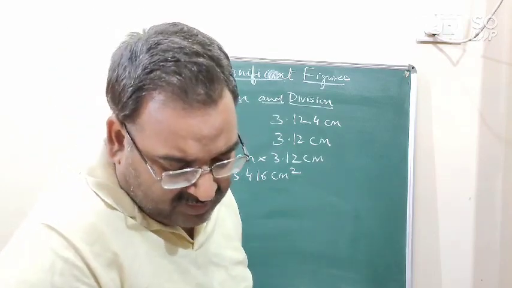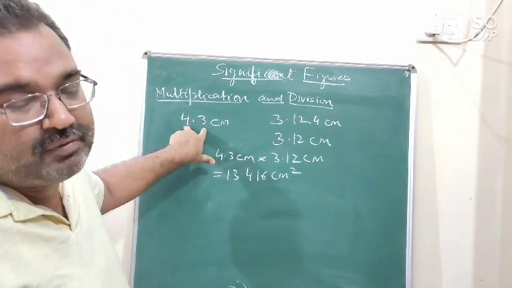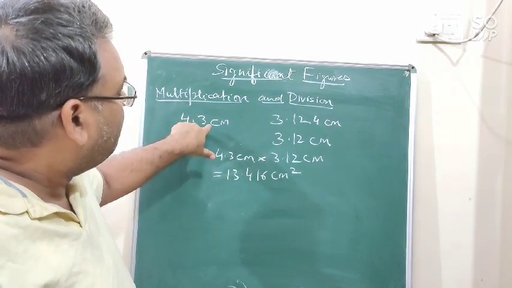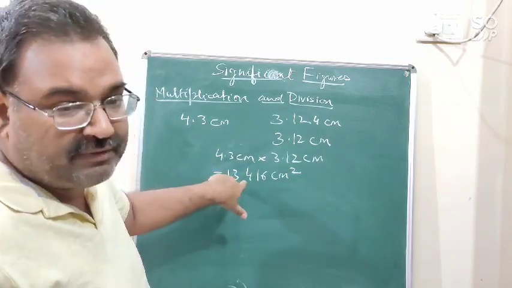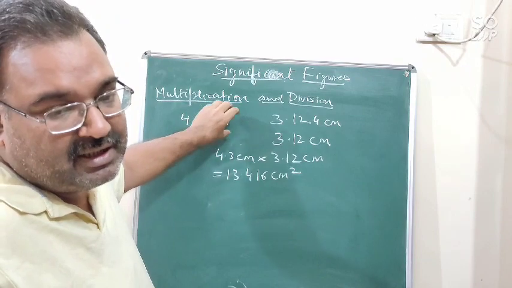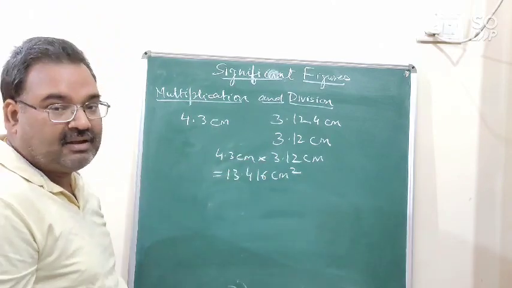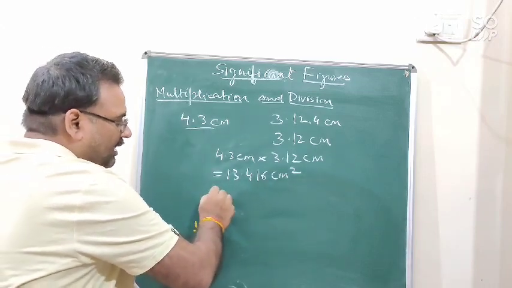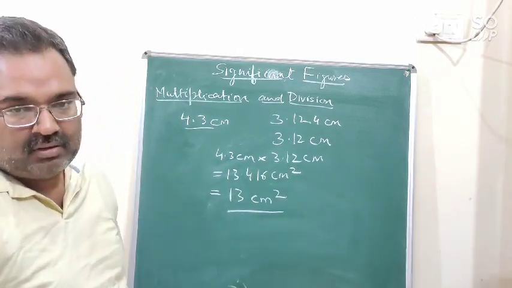It has 5 significant figures, but the least accurate number had only two significant figures, 4 and 3. So there were only two significant digits in this number. So the answer will also have only two significant digits. Is it clear? That is to be kept in mind. तो सबसे छोटा नंबर जिसमें सबसे कम सिग्निफिकेंट फिगर्स है, उतनी ही डिजिट्स हम आंसर में लेते हैं. तो यहाँ पर 5 सिग्निफिकेंट डिजिट्स हैं, इसमें से हम केवल आंसर में 2 लेंगे. Answer will be only 13 centimeter square. I hope it's clear. Okay,